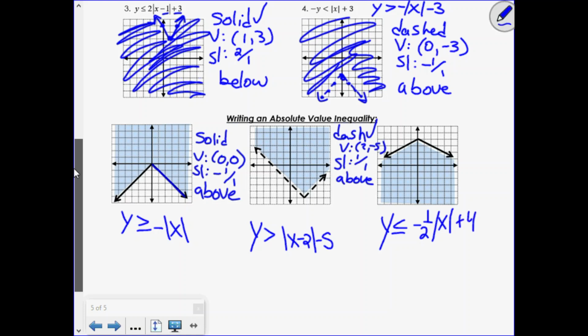Everybody get that? Good thinking. Alright, so that was our second and third learning target, being able to graph an absolute value inequality, and then also based on the picture to generate its equation. Any questions about that? Okay. So you guys have